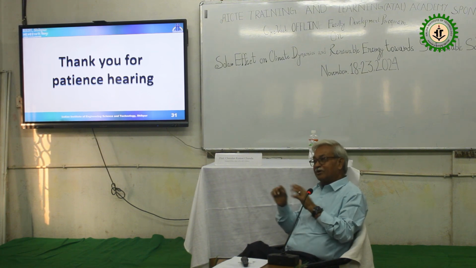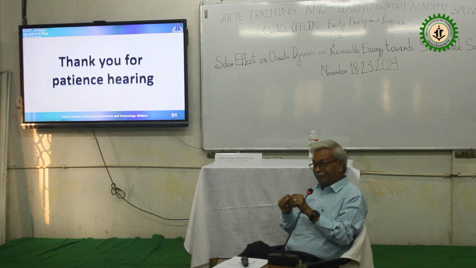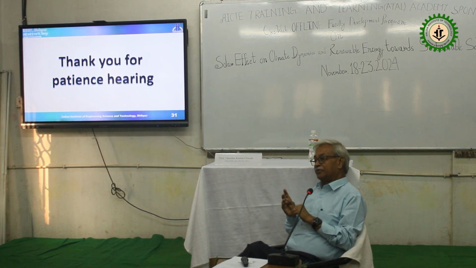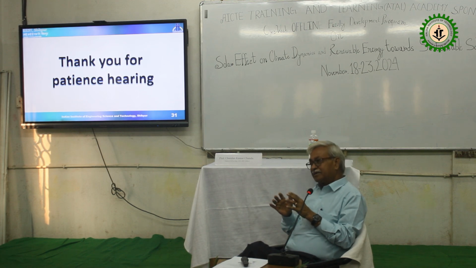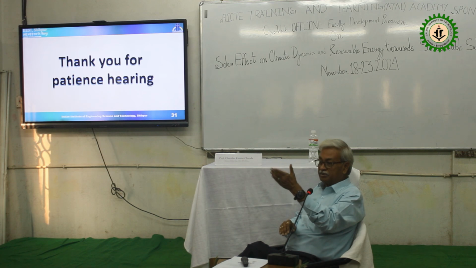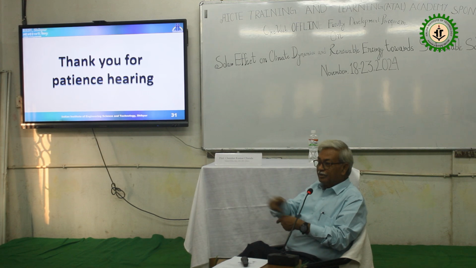So lean hour and peak hour have to be differentiated. That is called day of use, probably your DOU. Nowadays a very important term in inertia calculation is DOU, day of use. Nowadays in fact the price of the electricity is depending on day of use also. Hopefully within 2 or 3 years we will get electricity bills for different times. From 12 o'clock to 5 o'clock, when peak demand is there, you have to pay 10 rupees; when smart meter will come, you have to pay 10, 15 rupees. When there will be no demand, your tariff will come to 5 rupees.